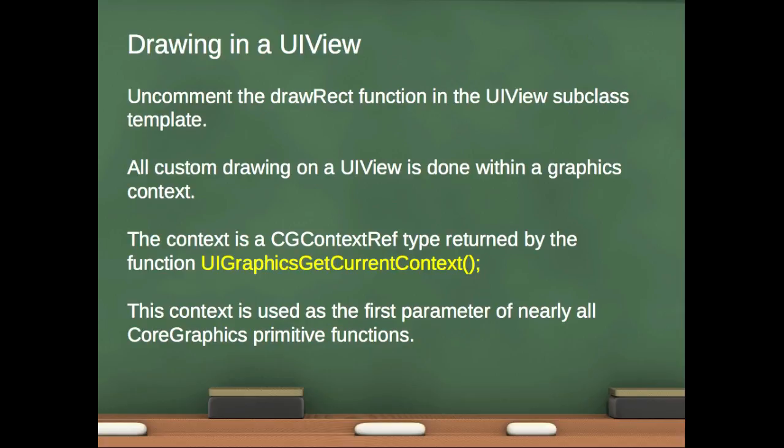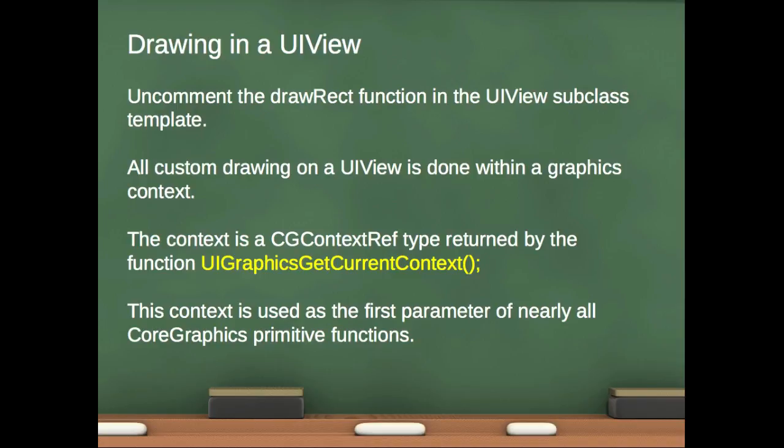All custom drawing in a UIView is done within what we call a graphics context. The context is of type CGContextRef, and we get that by making a variable of type CGContextRef, and this is not a pointer type. This is a statically declared variable. It is the return value of the function UIGraphicsGetCurrentContext(void). The context is used as the first parameter of virtually every function that we call from here on out to